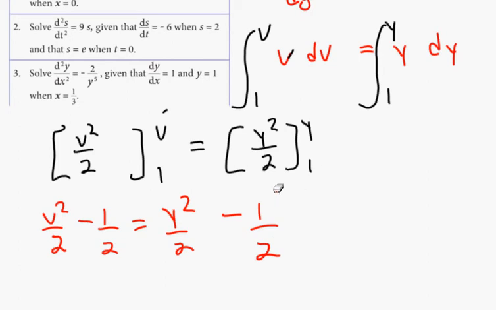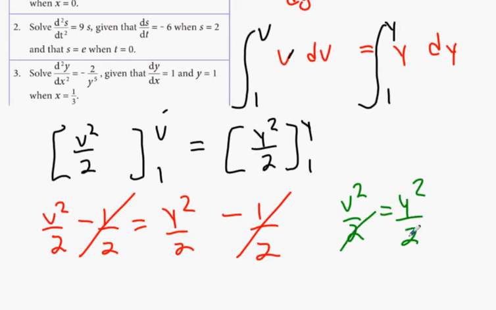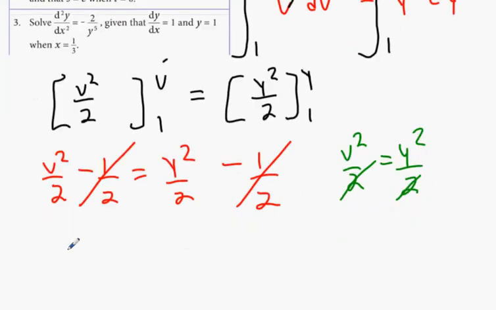Now, the half cancels with a half. And then you're going to be left with phi squared over 2 equals y squared over 2. The 2s will cancel as well. Now, phi squared equals y squared. Okay, square root both sides. Phi equals y or